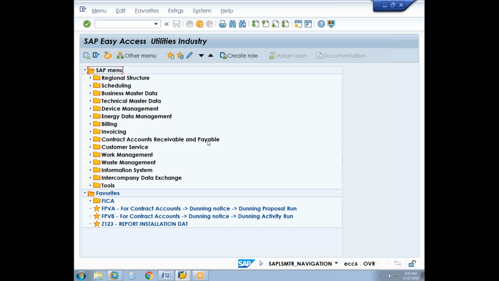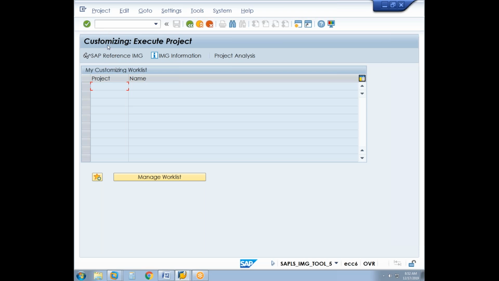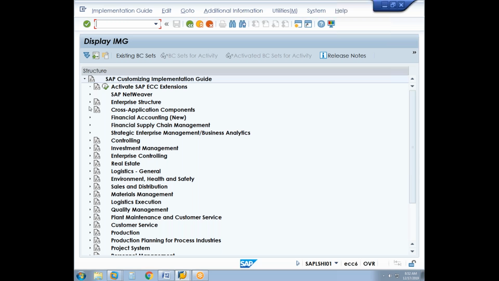Okay, so yesterday we did some customization activity for the Dunning. Essentially we have to maintain a Dunning procedure category, and for the Dunning procedure category we have maintained the Dunning level, basically the Dunning procedure. A Dunning procedure will contain one or many Dunning levels. For each Dunning level we maintain the amount and also the associated function module program, which is basically for the Dunning activity. Okay, so now we will go to IMG